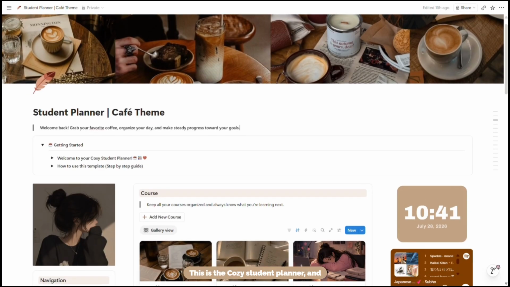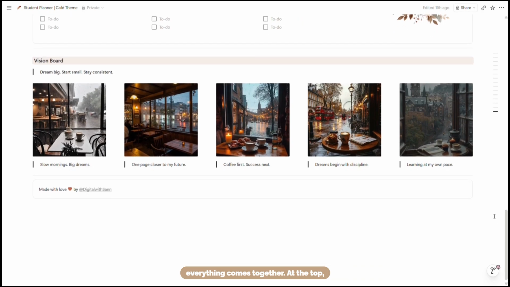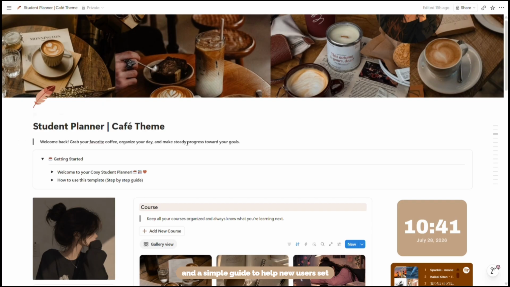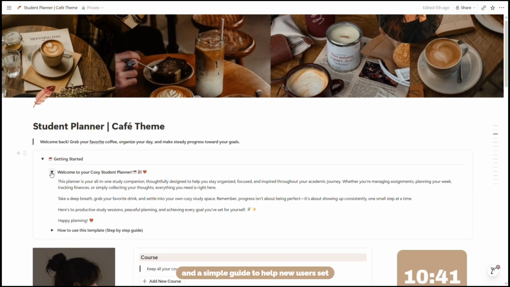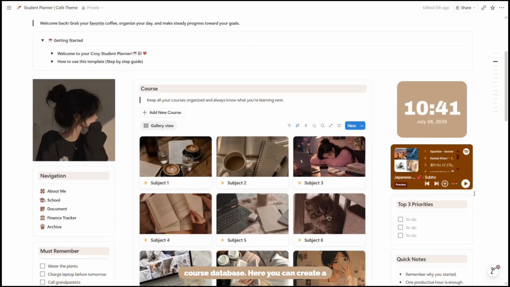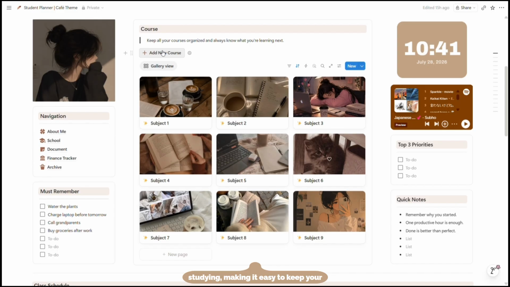This is the Cozy Student Planner, and this is the main dashboard where everything comes together. At the top, you'll find a quick Getting Started section that includes a welcome message and a simple guide to help new users set up the template. Right below that is the course database. Here you can create a dedicated page for every subject you're studying, making it easy to keep your academic workspace